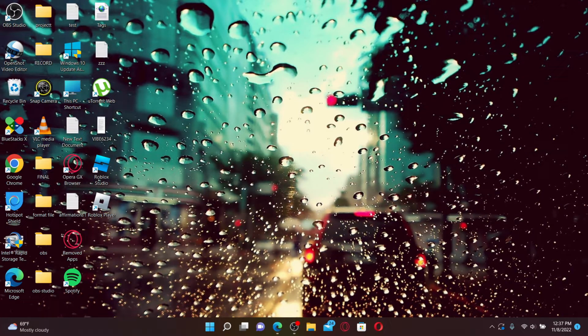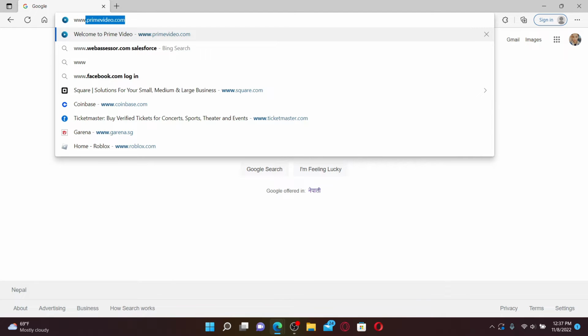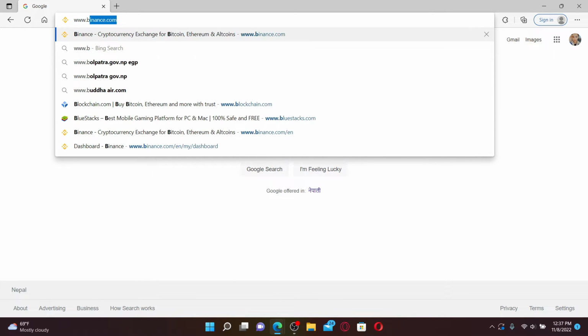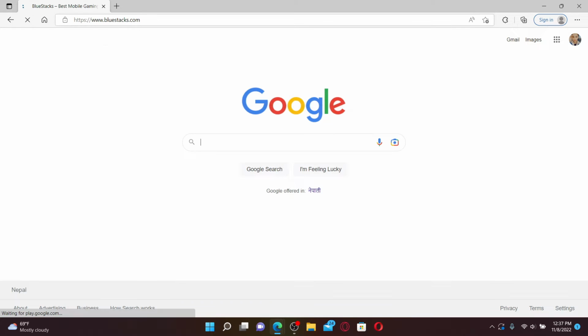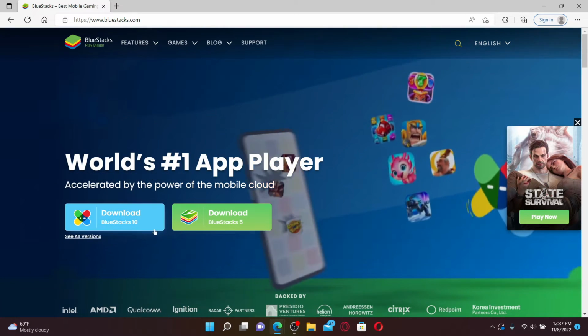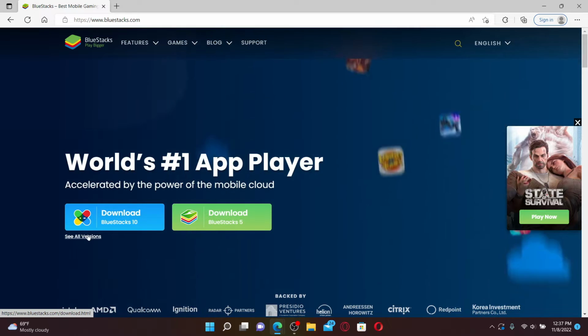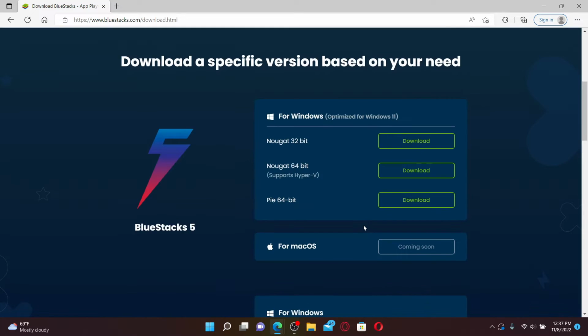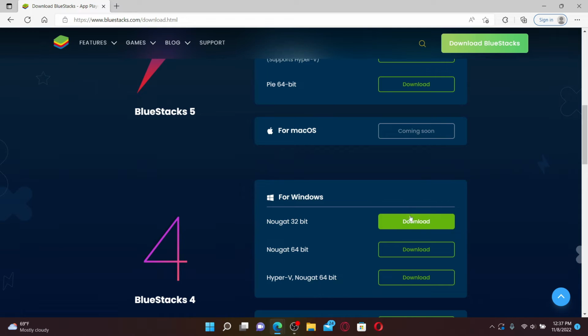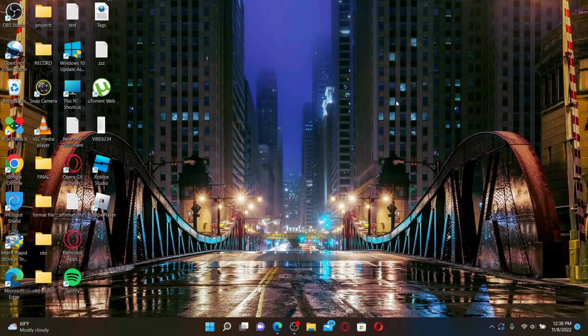To install PUBG on your desktop or your laptop, open up your web browser and download an Android emulator. In the URL box, search for an Android emulator. You can also type in www.bluestacks.com and press enter on your keyboard in order to download the BlueStacks Android emulator. Click on the download links available on your screen. You can also choose from other versions based on your need. Simply click on the download link in order to download your BlueStacks Android emulator on your laptop or your desktop,